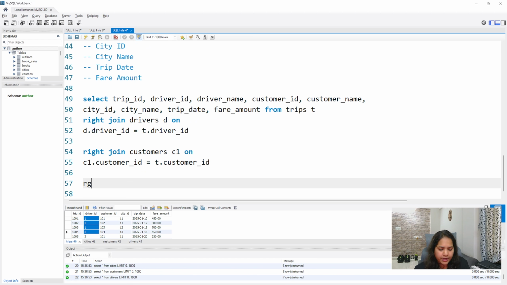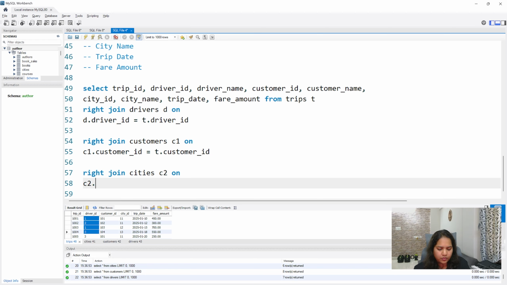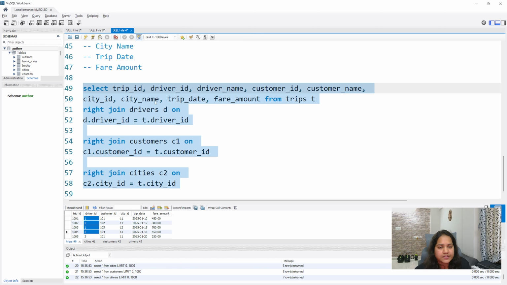And also one more right join with the cities table, which will be known as C2, on C2.city_ID equal to T.city_ID. So these are the different joins that we have done.